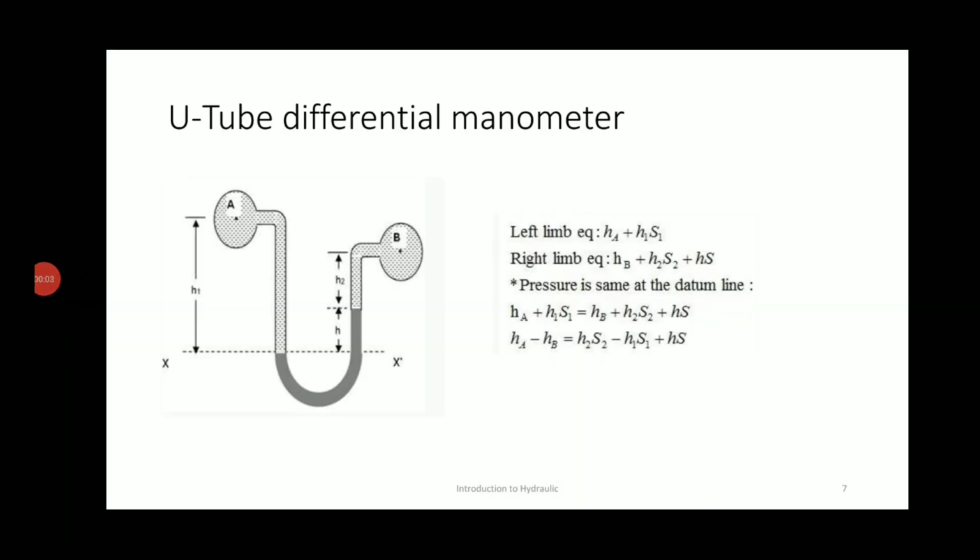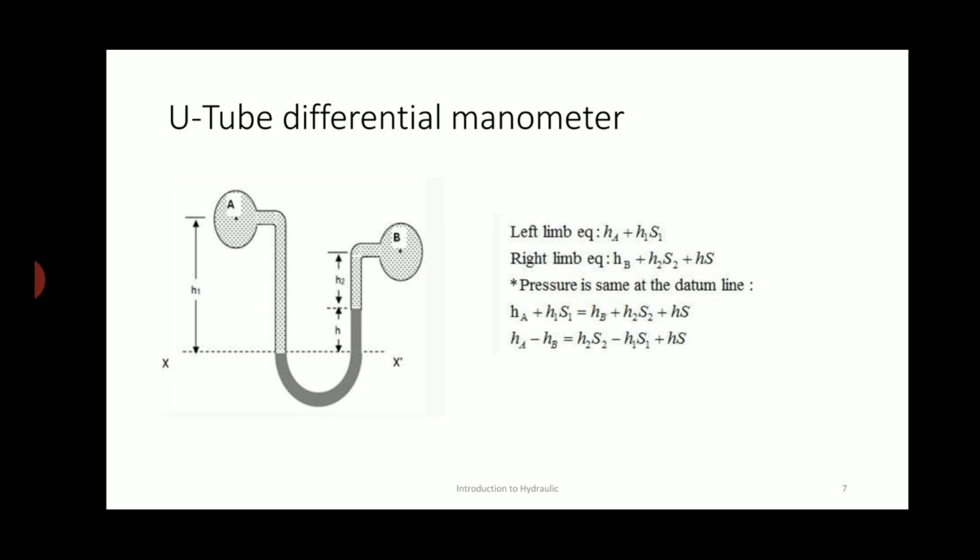U-tube differential manometer. It consists of U-tube containing heavy liquid whose two ends are connected to the 2 points. Let the 2 points A and B are at different level and also contain liquid of different specific gravity. These points are connected to the U-tube differential manometer so that the pressure at A is PA and pressure at B is PB. Pressure head above XX is equal to hA and pressure head at B above XX is hB.